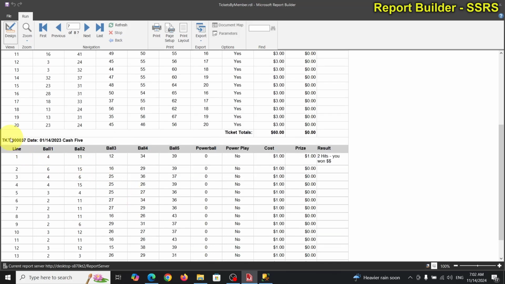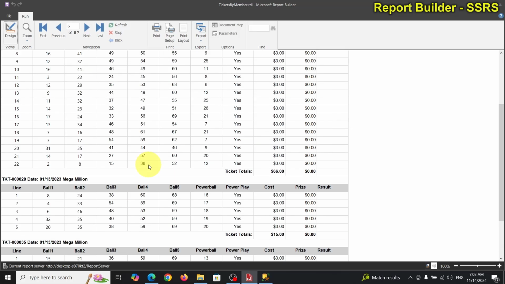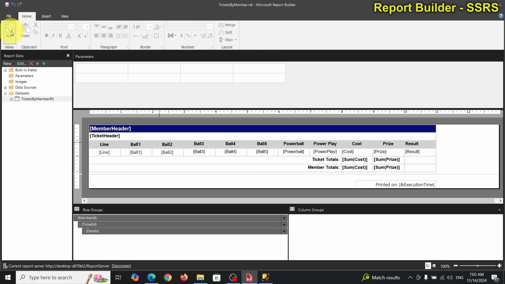So we got a ticket, dated, cash 5. All right. So that's good. So now you can rearrange this whatever you want. All right. You can say cash 5, ticket, date, or whatever. But that's how you do the inline. Okay. That's how you do the inline. Now I'm going to show you,